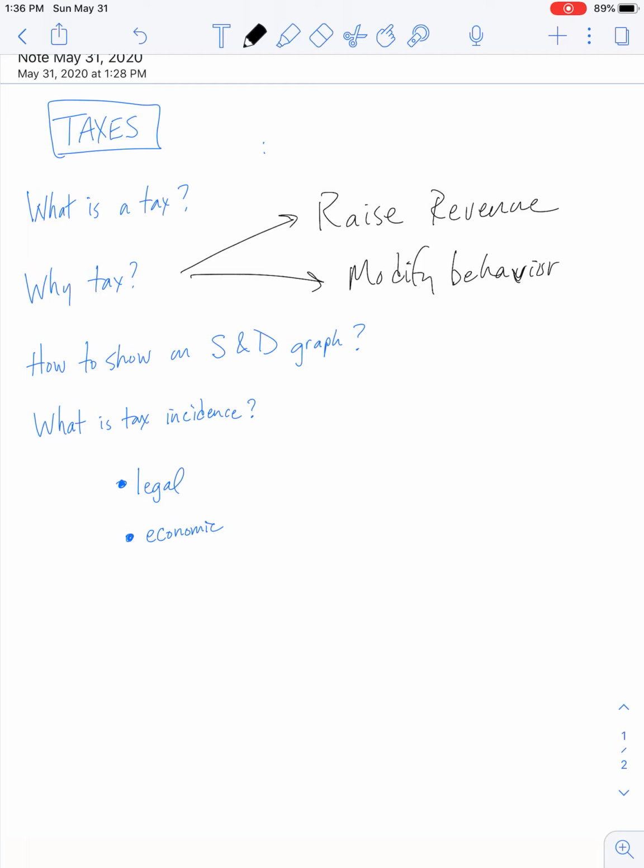And when we say modify behavior, we mean to discourage things that the government believes might be bad for us. So you might tax alcohol or tobacco or carbon, for example. You could also subsidize, like be a negative tax, if you subsidize things that you believe are beneficial. So there might be tax credits or deductions for interest, home interest, or like mortgage interest, right? Or for installing energy efficient windows or adding solar panels or something like that. So we might use taxes to modify behavior.